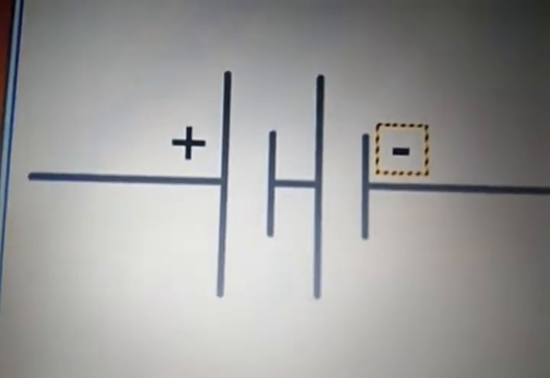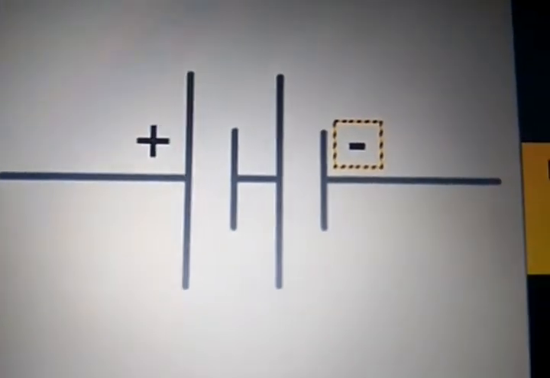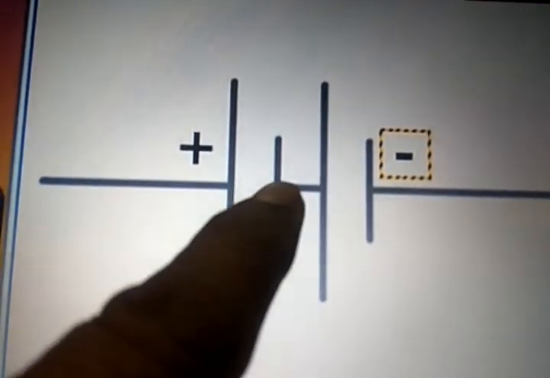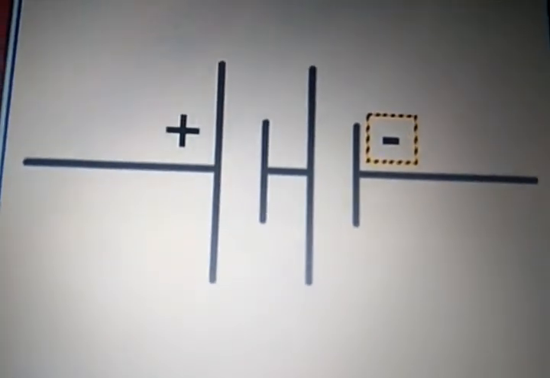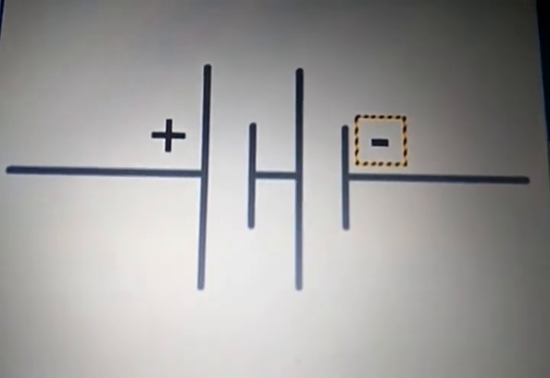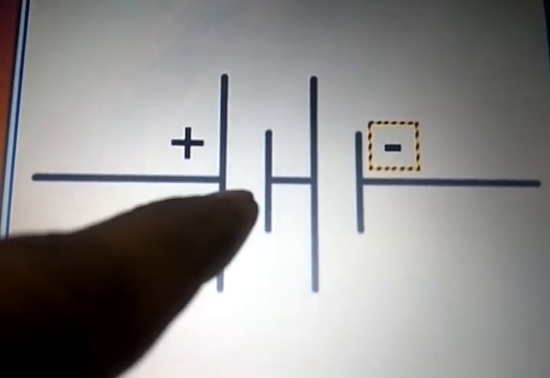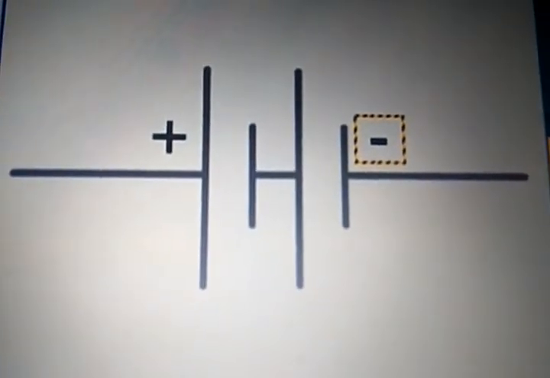Here you can see that plus, minus, plus, minus. This is the correct connection of battery. Right? See, first plus then minus, after that plus, then minus, plus minus plus minus. Not two plus or two minus connected, otherwise the battery does not work, right? Attraction must be there, means opposite charge. When you connect opposite charges, then you see it is the correct polarity, plus minus symbol, plus minus, right? So this is the proper connection of battery.